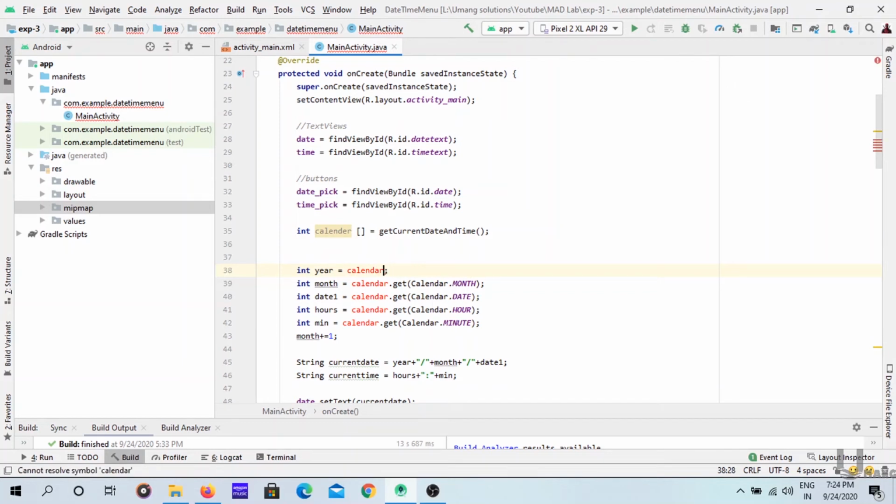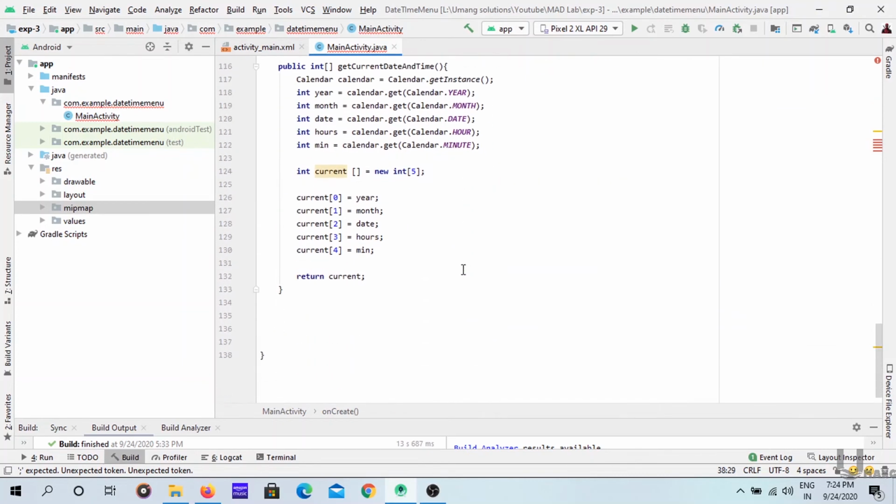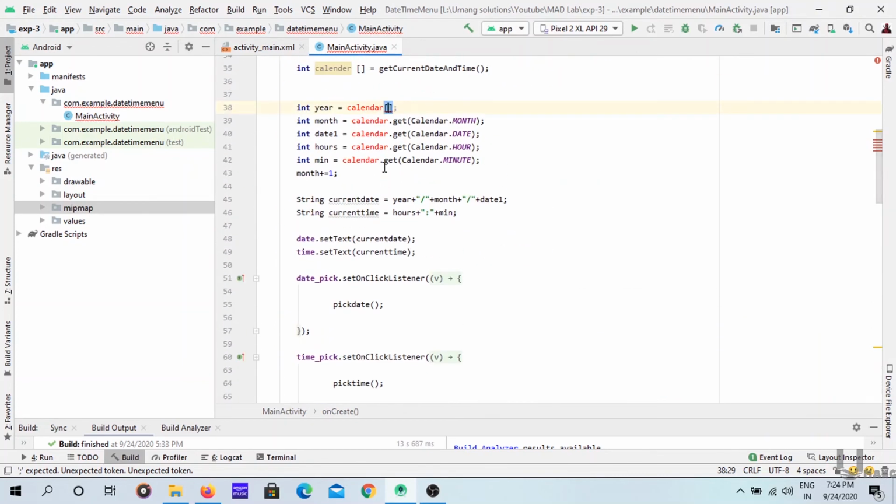So this is calendar of. At 0th position I stored the year. So here is calendar of 0. Sorry, this is the name. And next 1 and 2 and 3 and 4.